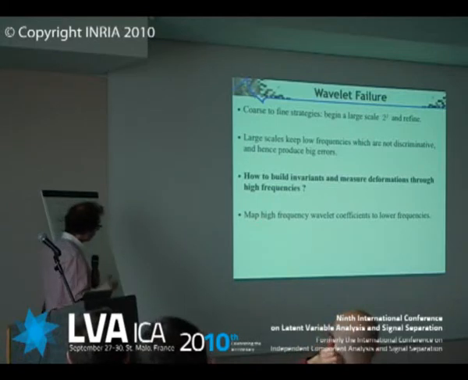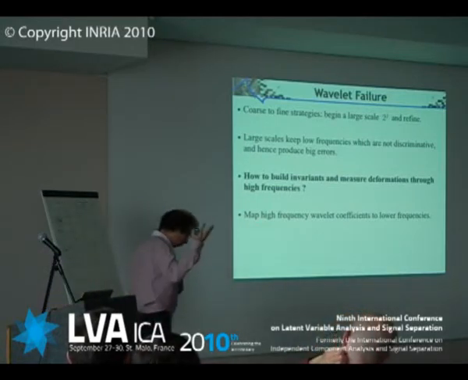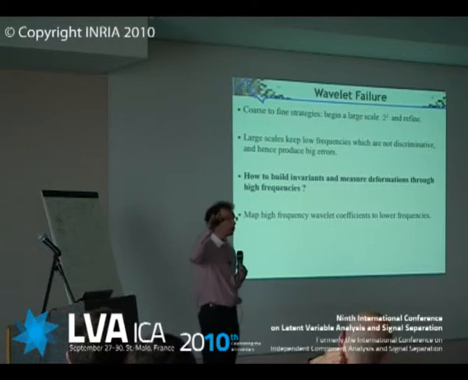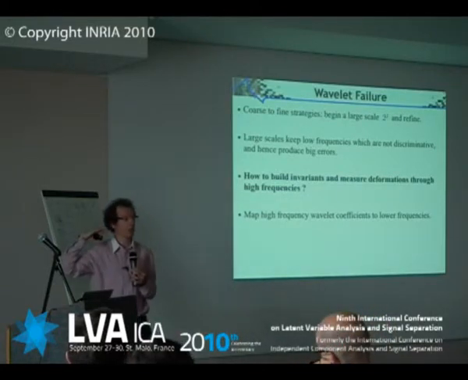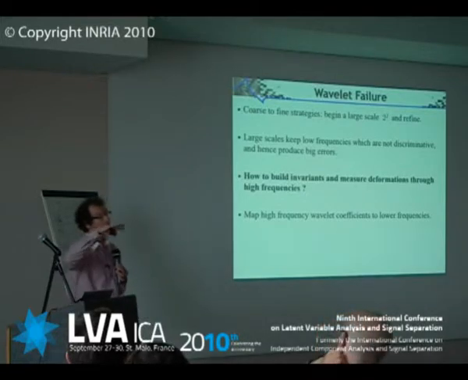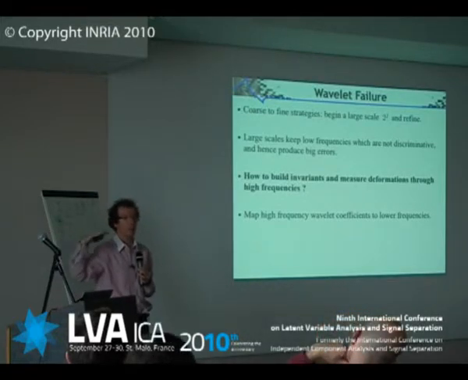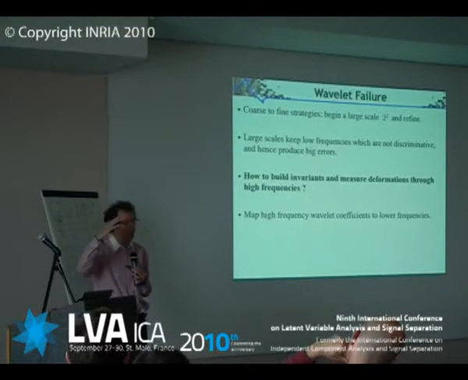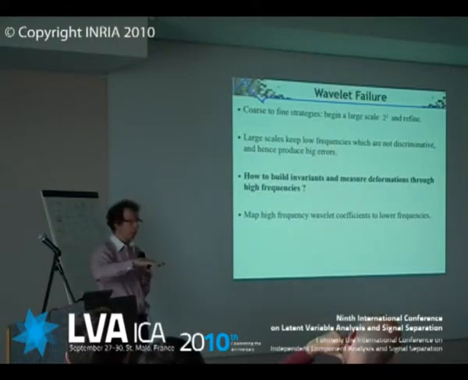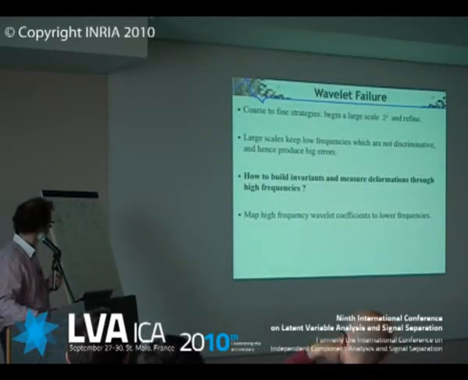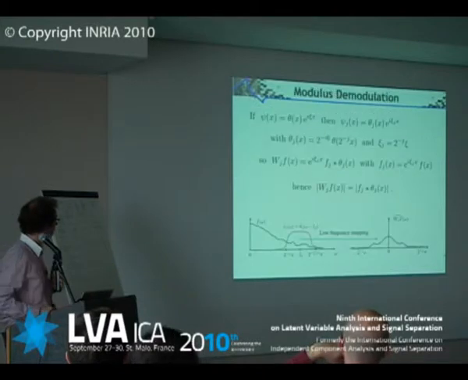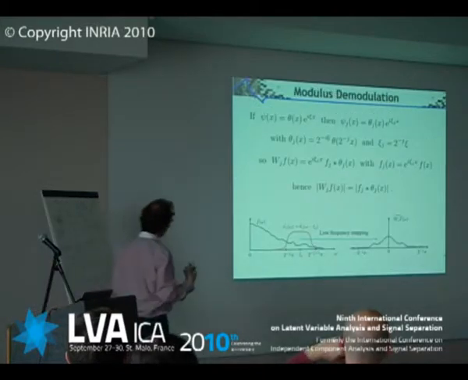And one way to think about it is to say, okay, the problem I had with my wavelet high frequencies is that they were translating. To have something which is translation invariant, basically the only function which is translation invariant is the constant. So what you would like is to take your high frequencies and to map them back into low frequencies. Not destroy them, but map them within low frequencies. Okay, let's look at this issue.